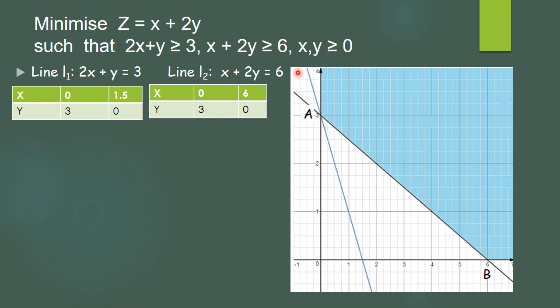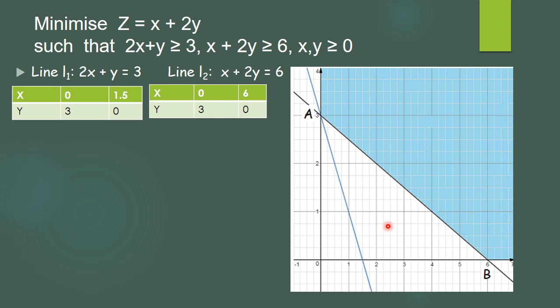Once we plot the line, first thing we have to check, because it is an inequality, it means a region is required. Now we'll just replace x and y with 0 comma 0. When we replace x as 0 and y as 0, we will get the answer as 0. 0 is not greater than 3. So we should not go towards the origin, it is away from the origin. So the region should be above this line, or we can say the right side. I'm just showing by the cursor. This is the region we require according to this line.